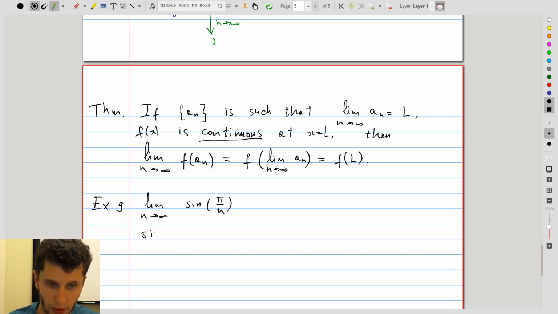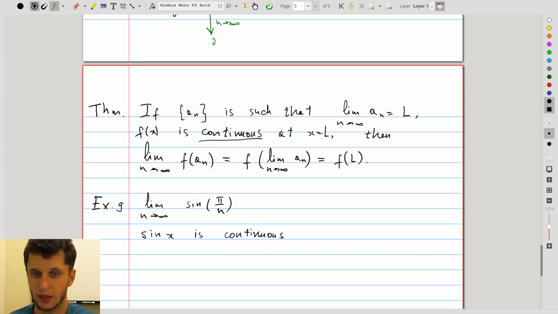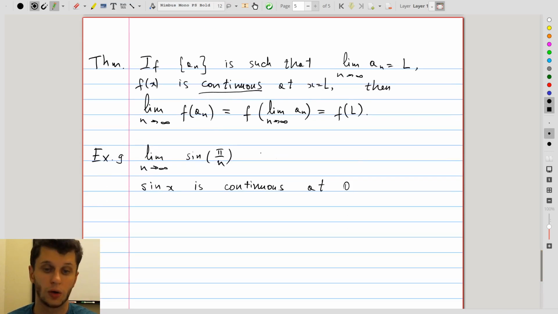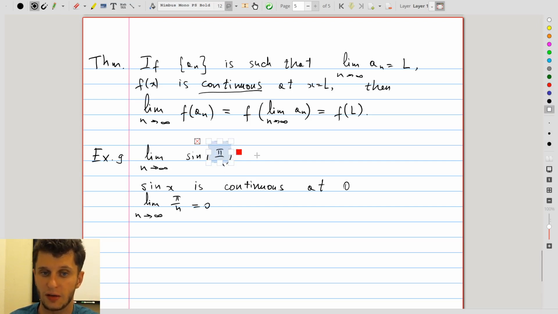You can say, well, look, sine of x is continuous. Well, it's continuous everywhere in its domain, but most importantly for us, it's continuous at 0. Why do we care about 0? Because the limit of pi over n when n goes to infinity is 0. So the sequence inside is a convergent sequence. Specifically, it goes to 0. And so by the theorem,